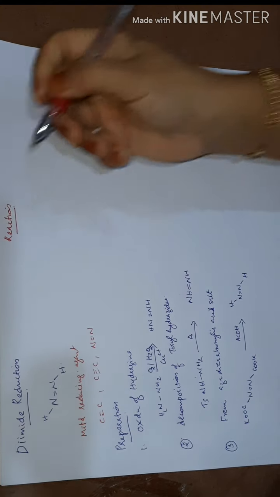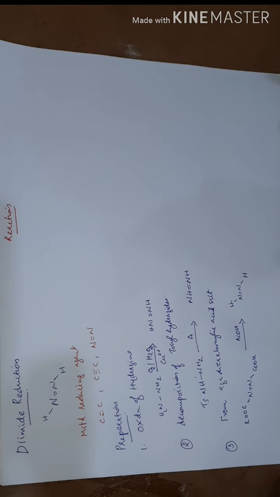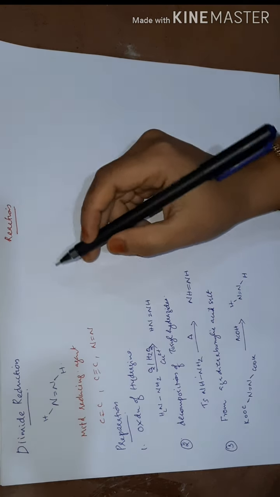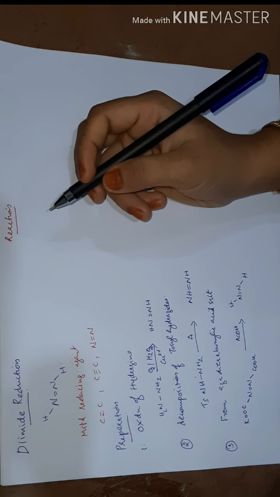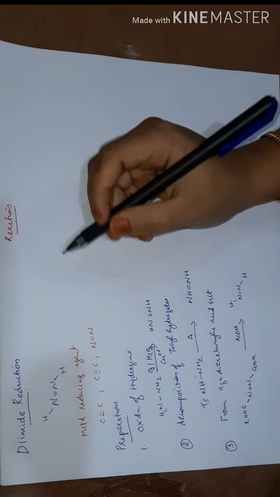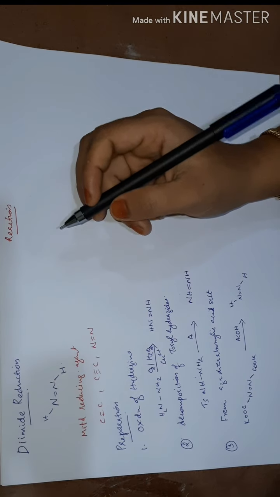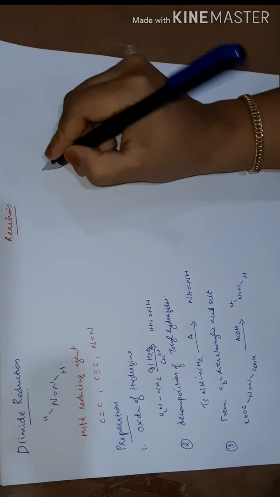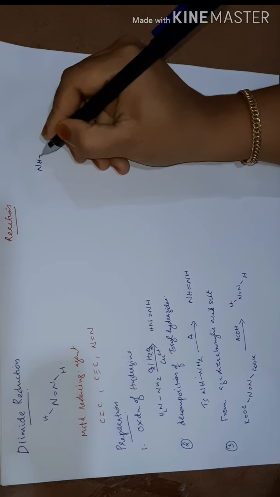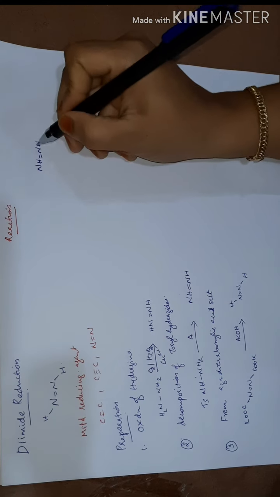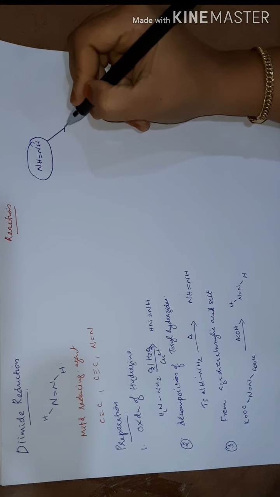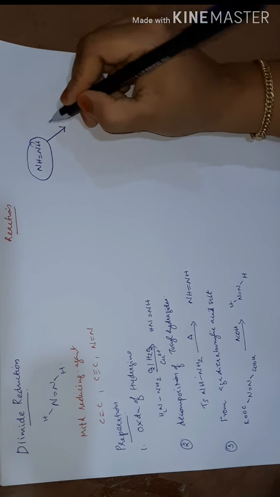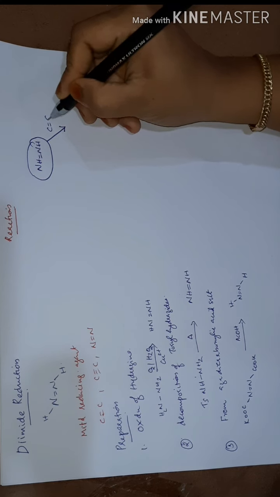These diimides, we already said that they are used for the reduction process of highly symmetrical double bonds. Symmetrical double bonds or symmetrical triple bonds are getting reduced by these diimides. So, moving to the reactions of this diimide, we can generally represent it like this. Generally, these diimides are used for the reduction of symmetrical double bonds.